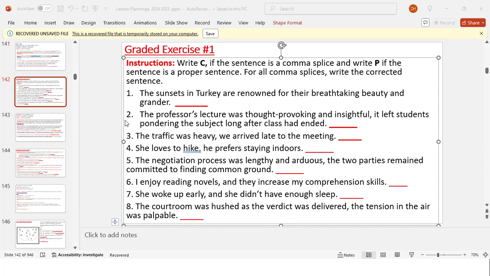So Mr. Petit, I only have to write the sentence when I think it's incorrect? No, if it's incorrect, you write the corrected version. That makes sense? If you think it's a proper one, you have to write the full proper one. The only one that you're writing, basically you shouldn't be writing any sentence twice. That's basically the idea. Too late. You should have said that from the beginning. I said it from the beginning.